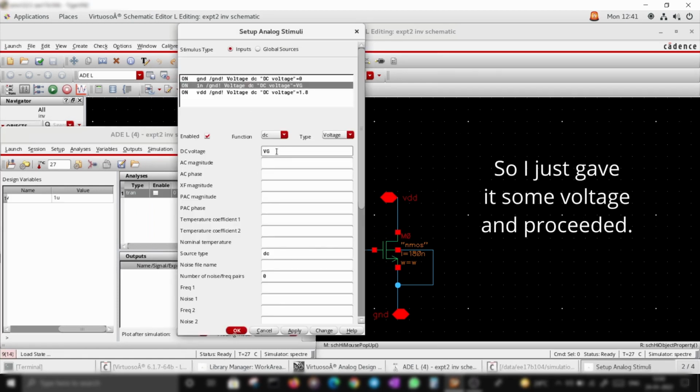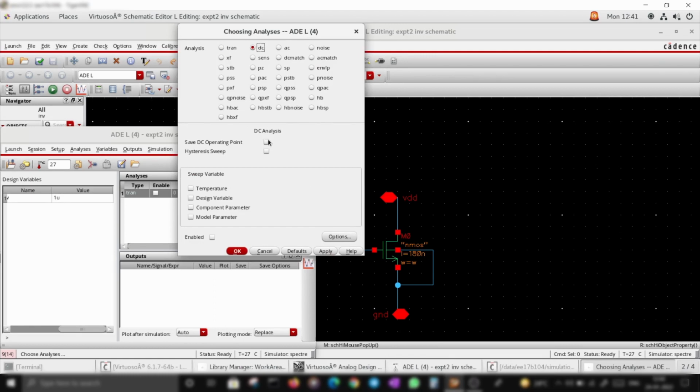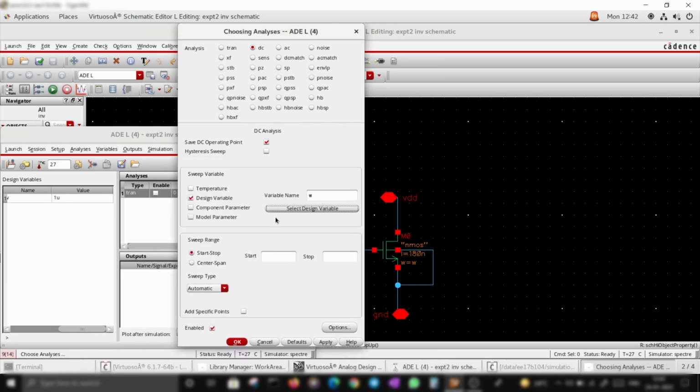I'm going to give it some fixed voltage for now, 0.5. DC, say operating point, I'm going to vary the design variable, and W is the design variable that I have set.